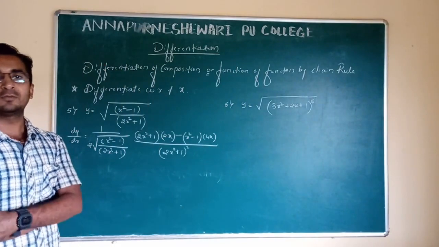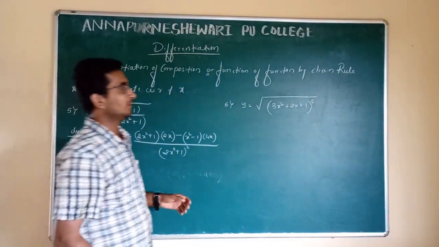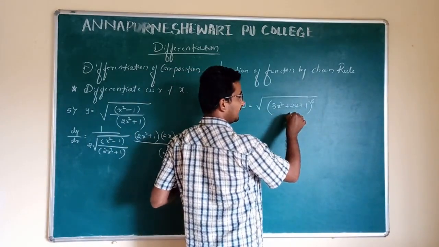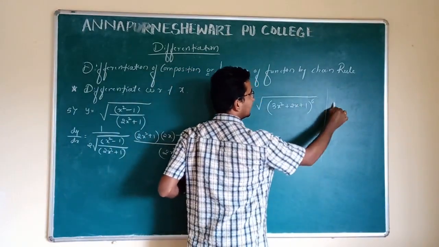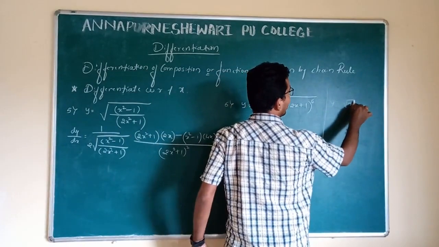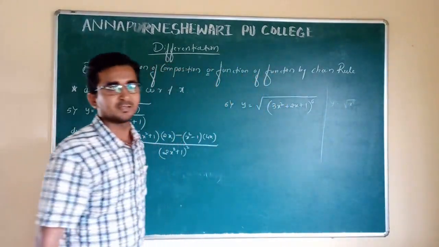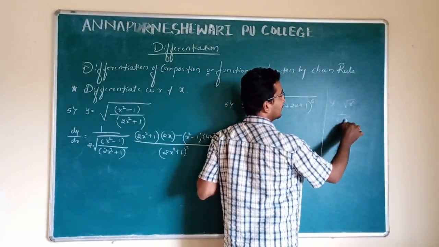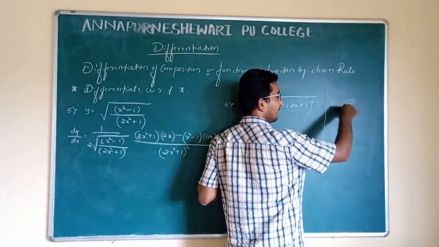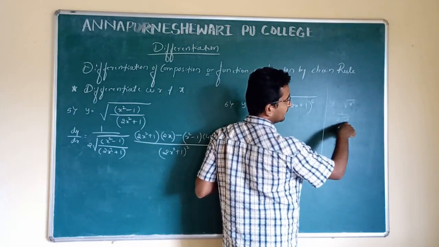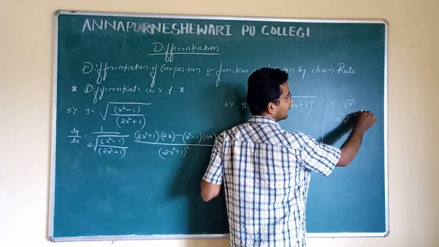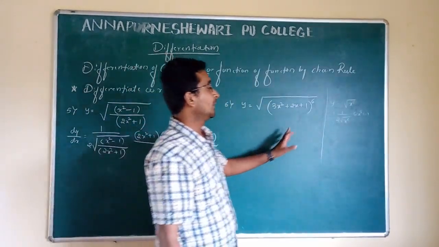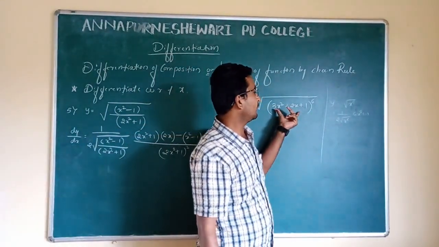Now it is in which form? Look here. Now I consider this 3x squared plus 2x plus 1 as the x. It means I will consider this one as y equal to root of x raised to 6. So the derivative of root of x raised to 6 is 1 divided by 2 root of x raised to 6. First I have to apply for the order. Then differentiation of x raised to 6 is 6x raised to 5. Then differentiation of x is 1. It means at the last we apply only for the x term.